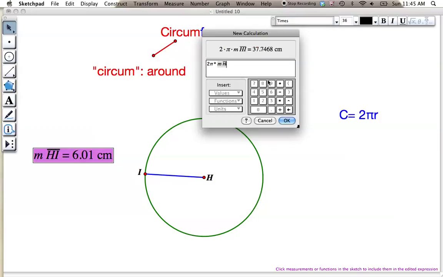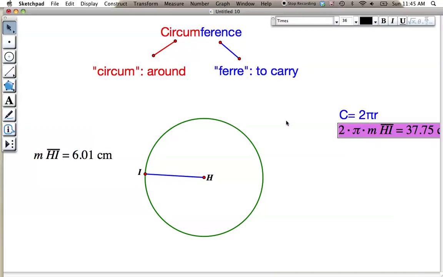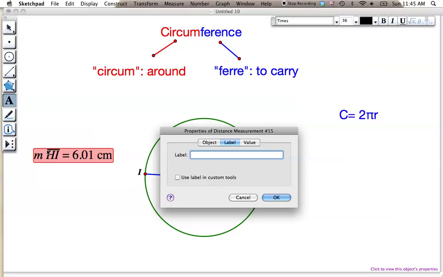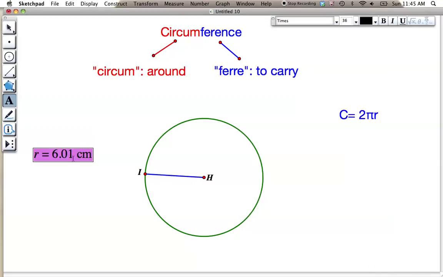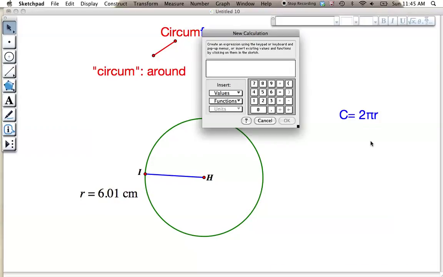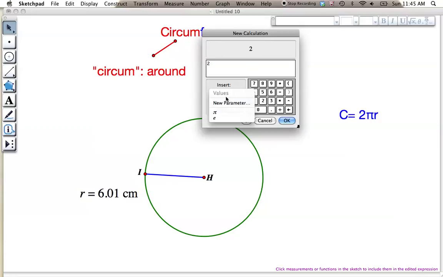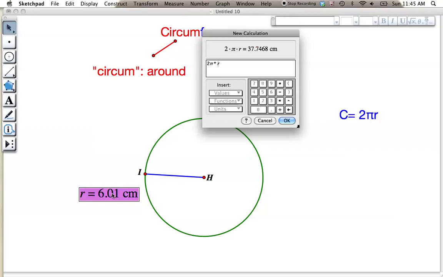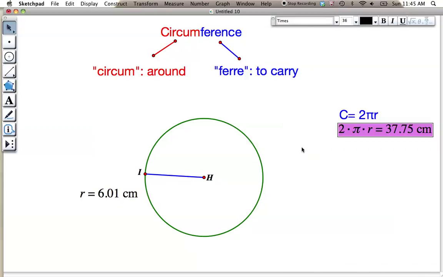Actually, let's make this look pretty first. So we're going to change this to r. There we have it. Our r is 6.01. Now let's put in our equation. C equals 2 pi times r. And we get